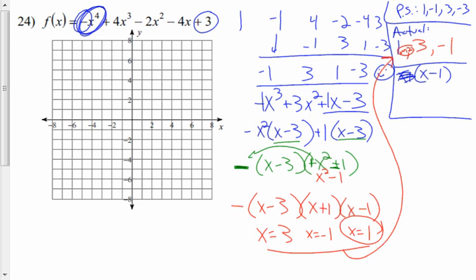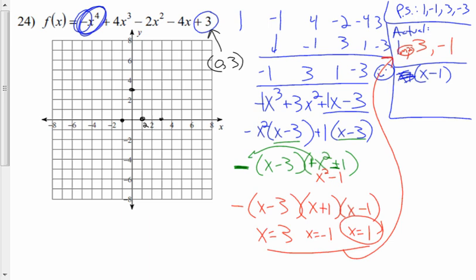Let's see what we have. We have 1 with a multiplicity of 2. We have 3 and -1. We also know the y-intercept is 0, 3, because the constant is the y-intercept. Okay, and